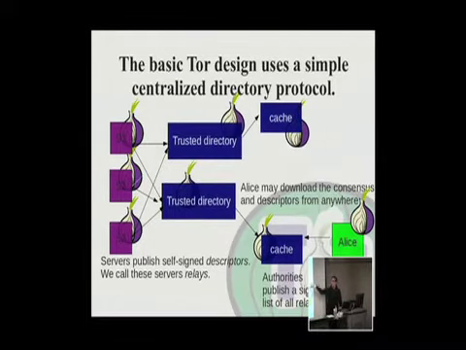Relays that are not trusted directories actually act as caches, and those caches will keep the consensus on them. So once you've bootstrapped by connecting to the trusted directory authorities, which are hard-coded into your Tor program, you will essentially have a list of all the other places where you can get the network. So this scales really nicely because it means that you can connect to a cache basically after you've touched it once. And it rotates, but a lot of those nodes are there for a long time.